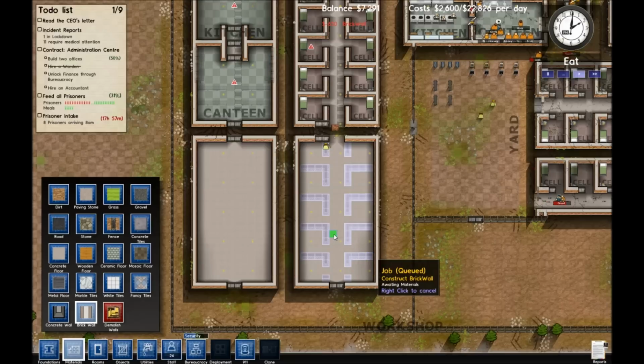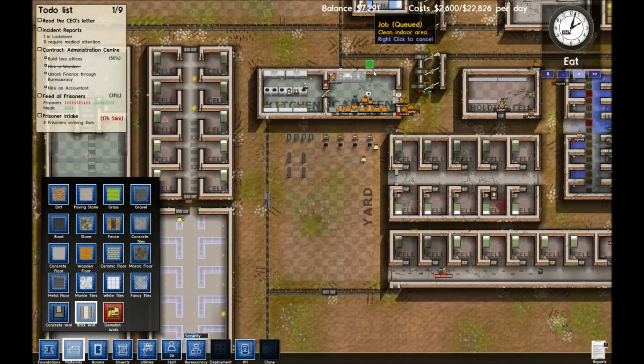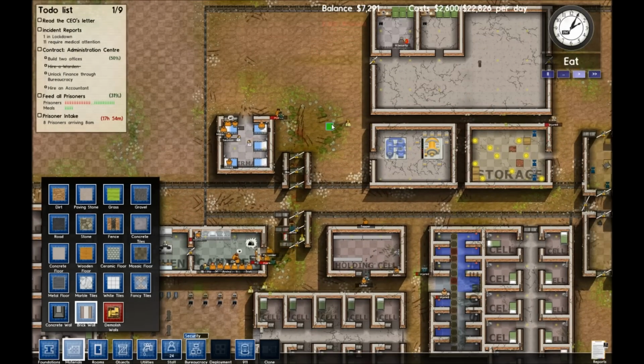There. And so now we've got our next cell block being built. That did cost us some money, so hopefully the next morning we'll get a little bit of...